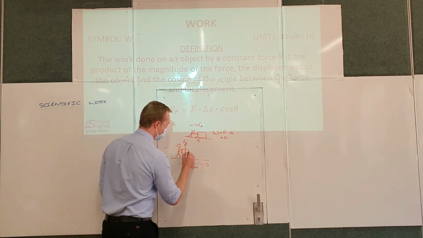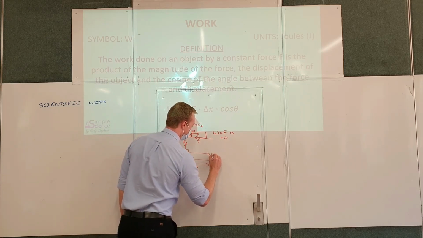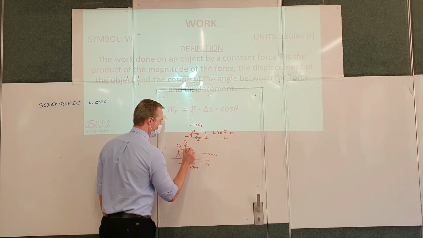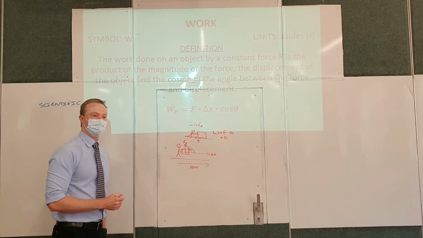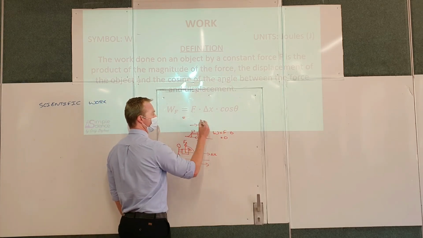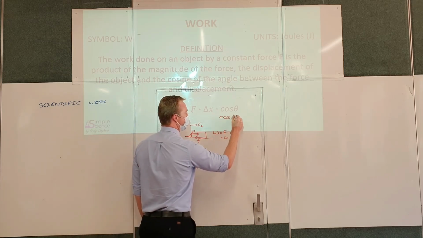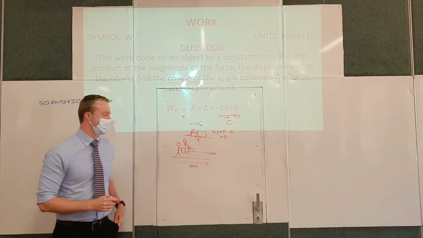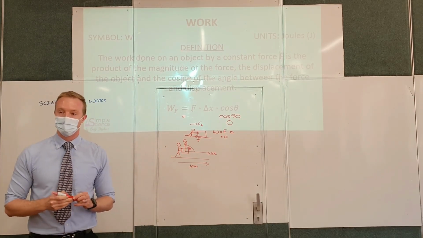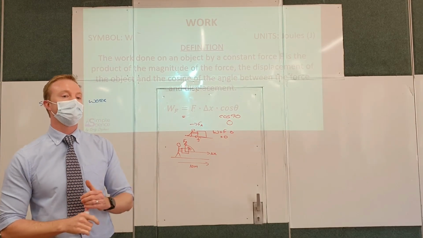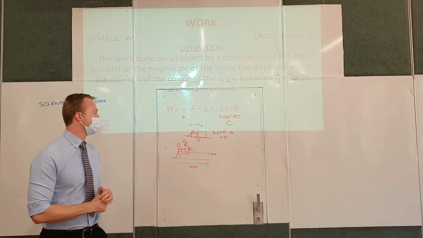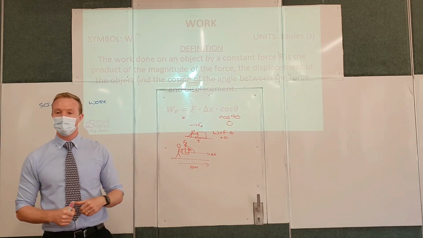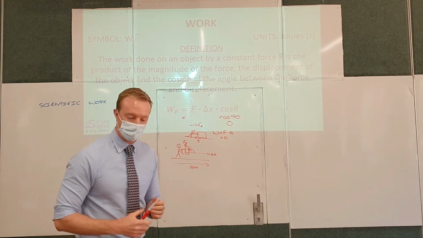They're applying a force upwards, and the displacement is to the right, which means that the angle between force and displacement is 90 degrees. And so by using this formula here, we can see that cos of 90 is 0. So this applied force is not doing any work on the object because the force and the direction of motion are perpendicular to each other. So those are two common examples of where we think that we are doing work, where we are not necessarily